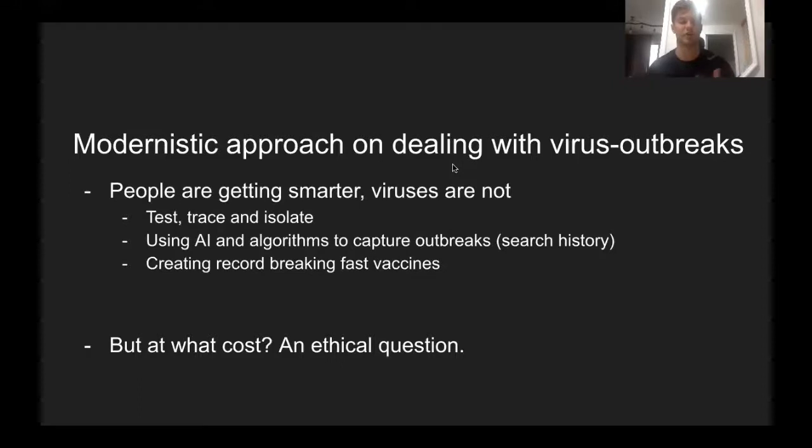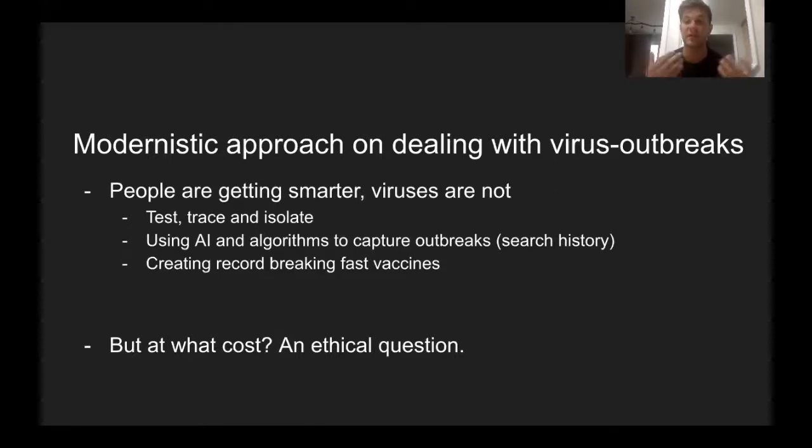But in early years, viruses were far more dangerous than they are now. Let's take the Spanish flu, which killed between 17 and 50 million people, because we could not test, we could not isolate, we didn't know what was going on, we were not smart back then. But in modern days, fortunately, this has changed, because now we have the tools to combat viruses such as COVID-19, because with the advancement of GPS and smartphones and worldwide internet access, we now have the tools to detect these